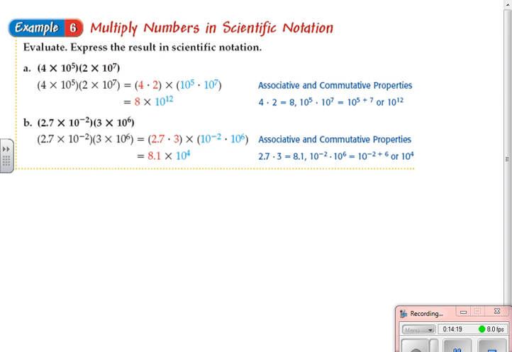So just a couple of quick examples. These are going to work exactly the same as our other ones. You're going to pull your lead coefficients out, multiply those together. Then you're going to use your exponent rules to take 10 to the 5th times 10 to the 7th, which means you add the exponents to get 10 to the 12th. The only place you need to be worried is if for some reason that number becomes bigger than 10, then you'll have to do another power of 10, or if it becomes smaller than 1, you'll have to bump your powers of 10 to meet that criteria. So if I have 2.7 and 3,